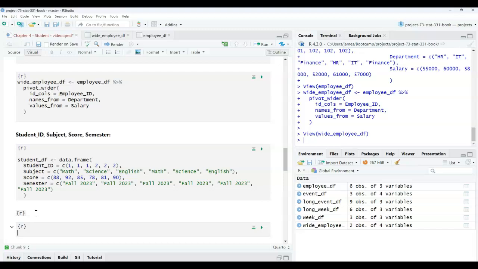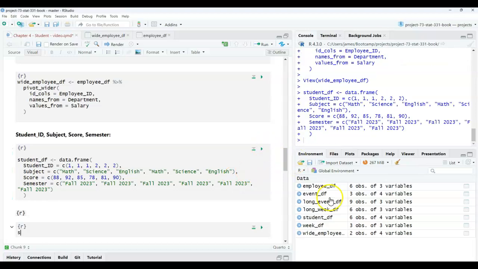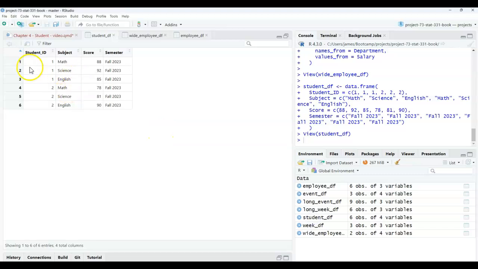All right, so I'm going to do it now. So we have student, I'm going to say long. So look at when we run this, you can actually see that it's in the long format, in that each observation represents a score on a particular assessment. And you have a student ID, which is indicative of, we should have a row representing a particular student. So what we're going to do here is